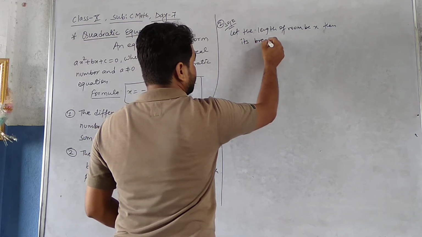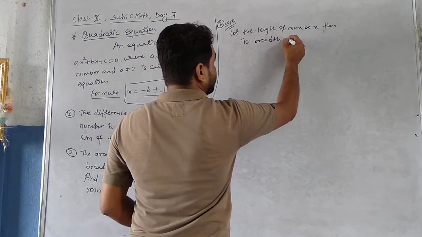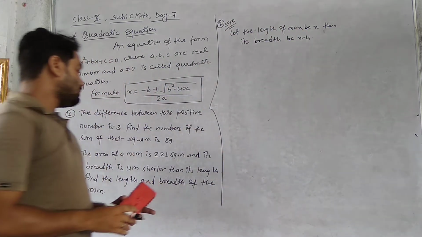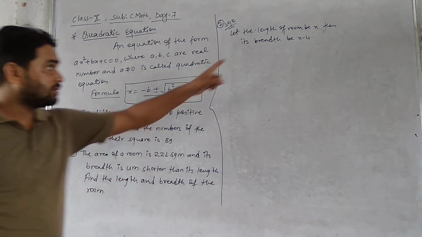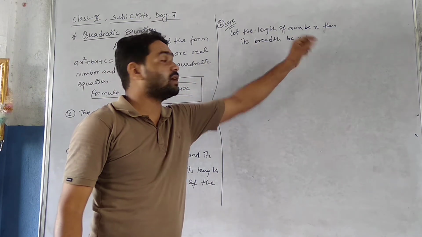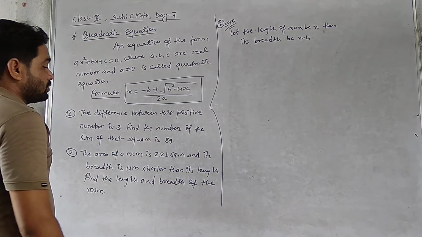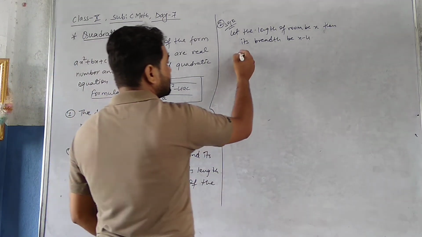Then its breadth will be x minus 4. That means 4 meters shorter than the length, that's why x minus 4. And now the area of the room is 221. So according to the question,